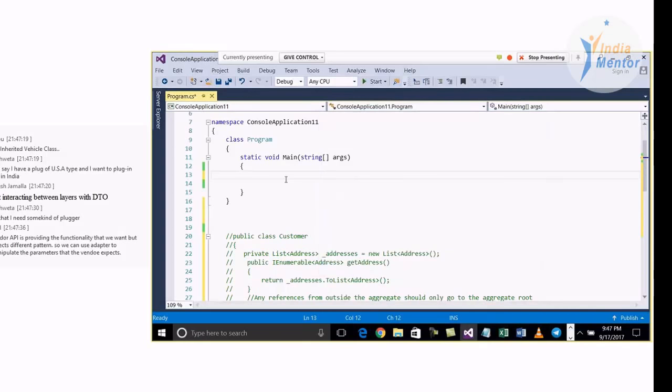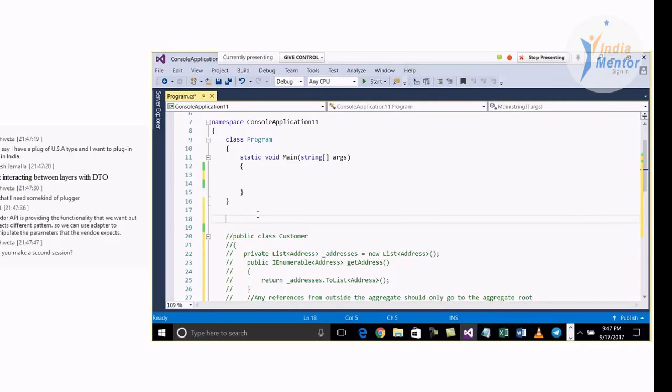Adapter pattern. Okay, I'm coming to adapter pattern again. Just want to make sure that people who have planned, I don't want to waste everyone's time by extending it. Adapter pattern. Now, let us say you have an export utility, and you have different types of exports: export